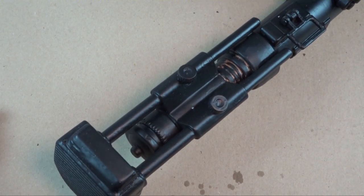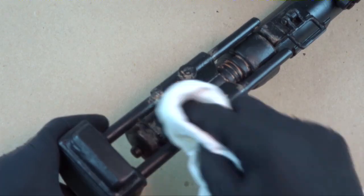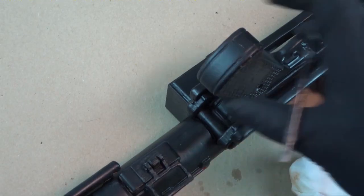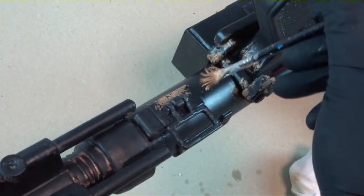So usually I like to start with the underside of the blaster, because if I make a mistake or I don't like the color, I can cover it up and no one's really going to see it. But what I'm really focusing on is trying to get that dirt color into the deeper recesses of all the cracks and crevices of the blaster, where dirt